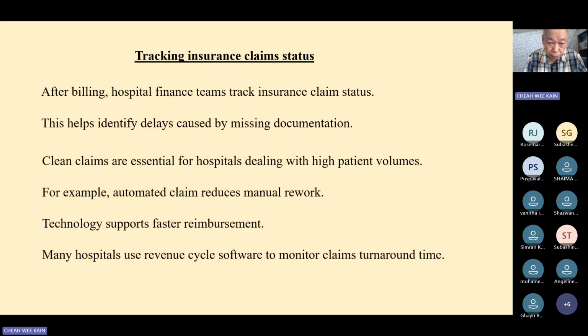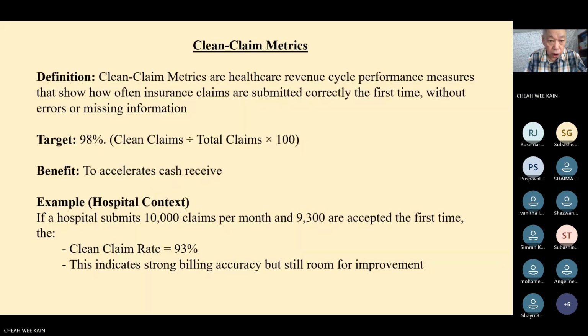Okay, claim management, tackling insurance claims. You can submit to insurance. Again, the insurance people don't like to pay you, so you better submit correctly, or they'll find excuses to delay you. Very, very simple. 98% is your target: when you submit your claim to insurance, insurance will not hold you back. They will pay you 98%. Sometimes you get 2% because your people do the coding wrongly, or you do an extra procedure.